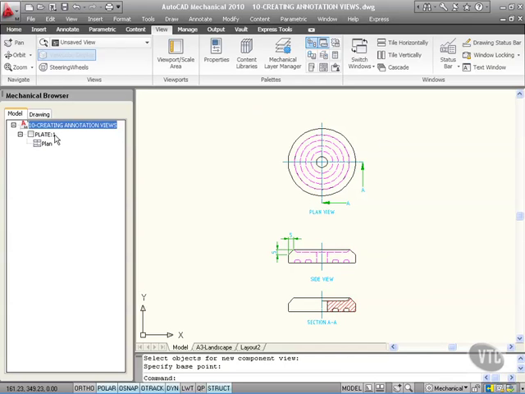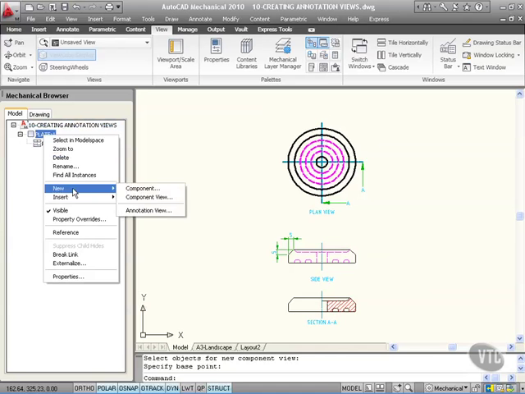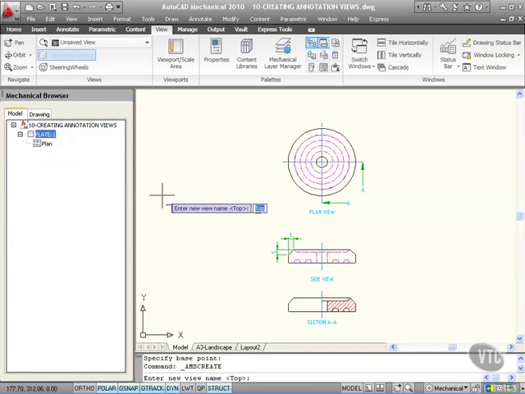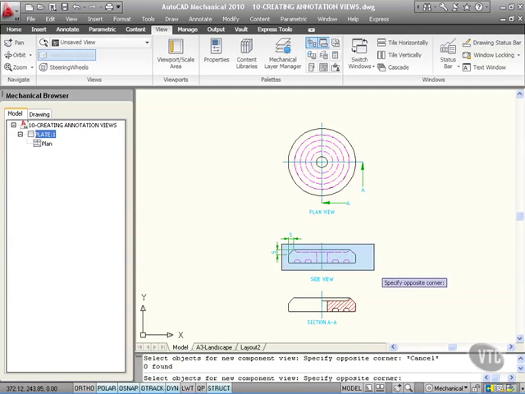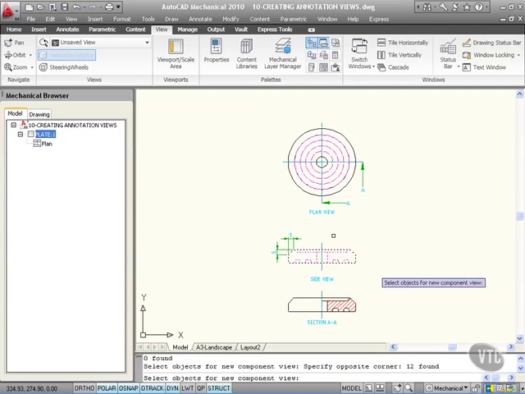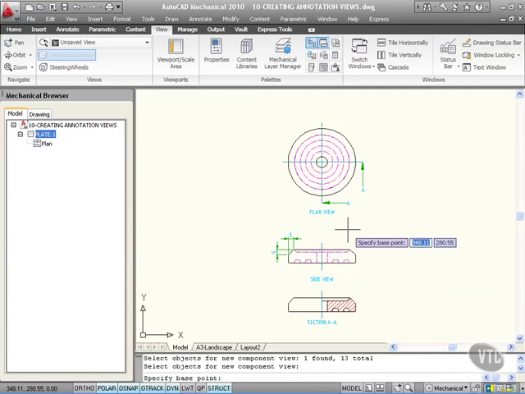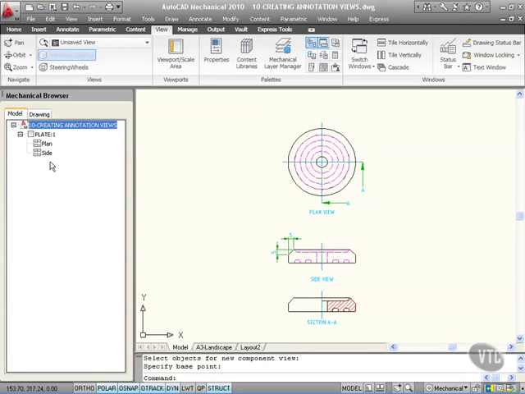So the next step is to create another new view, a side view. So I select Plate 1, right click, I go to New Component View. This one is a side view, so the new view name there will be Side, S-I-D-E, enter, and the objects for the new component view there will be just the objects that make up the side view. Now, if I go that way, I'm going to select Dimensions. So I hit Escape once, and if I do a window selection this way, it'll only select the components that are wholly selected by the window. I can then just quickly click on that center line, right click to confirm, specify a base point. I'll do the intersection of the center line and the top edge there, and there's our side view over here